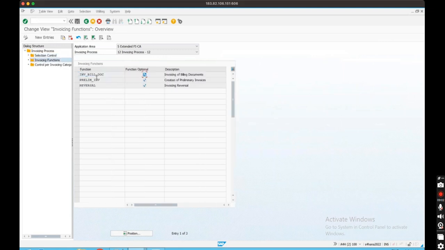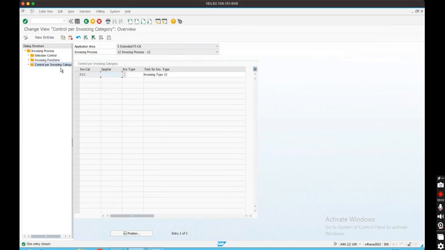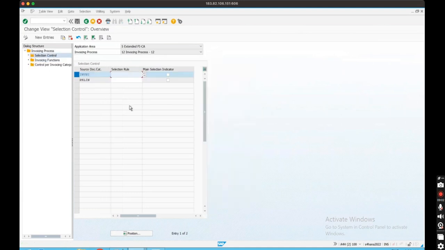Okay, and control as per your invoicing category. See, the invoicing category is coming again. Where is it maintained? It is at the contract account level. Contract account level, right? So in the invoicing process, we need a selection control as well as an invoicing function. Let's see what the selection control is. Selection control picks up, I mean, when you execute an invoicing on top of a billable item, it will look for